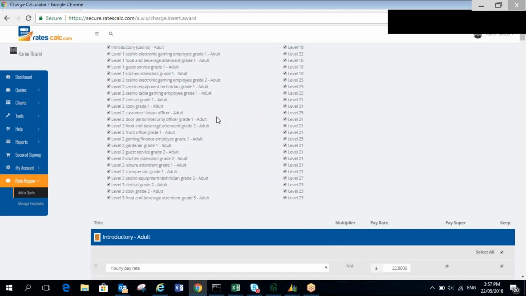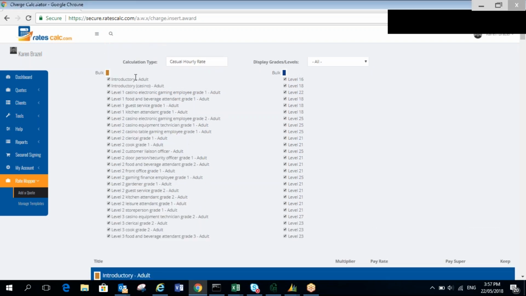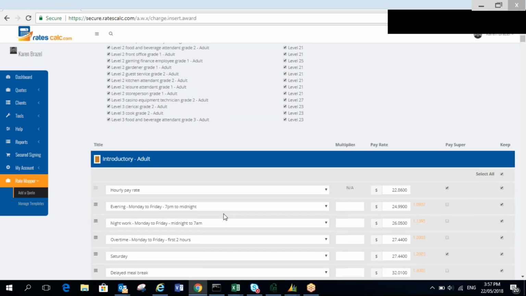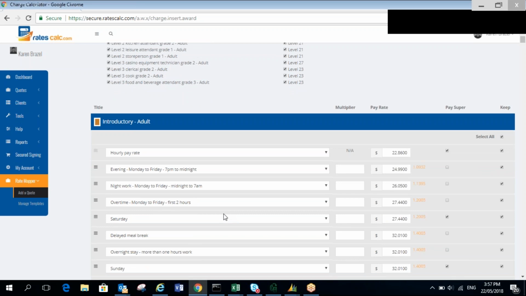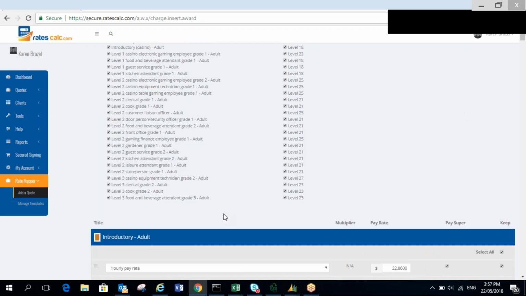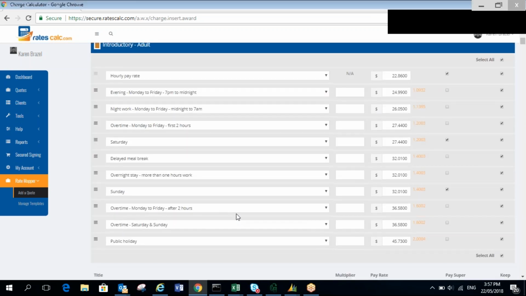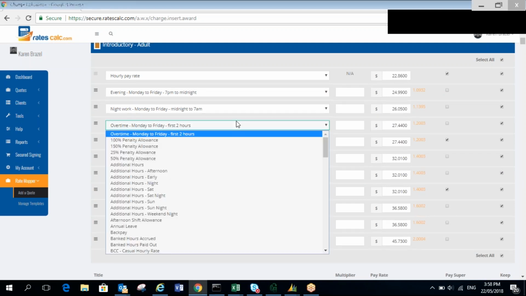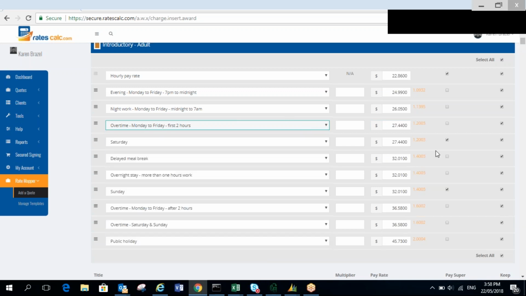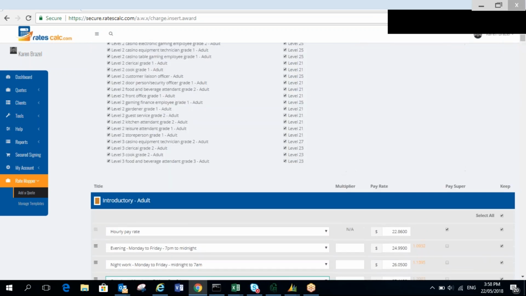So I know the other day that goes in level, but when the next screen it doesn't go into level. So if I want to add a pay element, say if I'm going to certified agreement, I understand if we're paying against a modern award and there's going to be a few things, maybe this one here, we're going to change it to the same pay element. We'll change it to our overtime rate and then knock off this one so it doesn't double up. That's fine, but when I change it to the certified agreement,